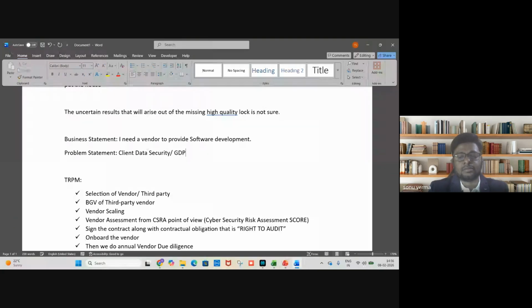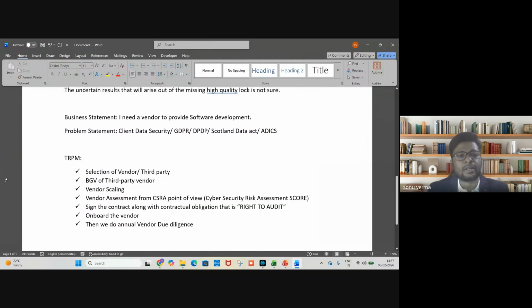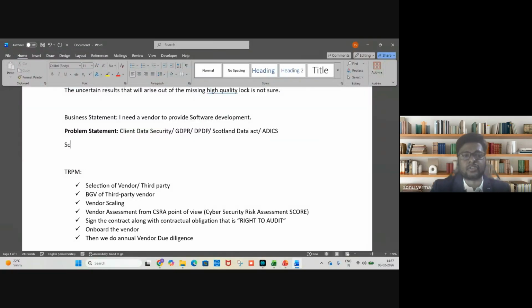Since we have GDPR, we have the DPDP Act, then we have the Scotland Data Act. Then there are audits, okay, and the Abu Dhabi Data Privacy Act. Now, once we are conducting this, we find the problem statement. So when we have the problem statement, we have to have a solution statement. Okay, what is the solution statement? The solution statement is that we need to ensure that the vendor is authentic